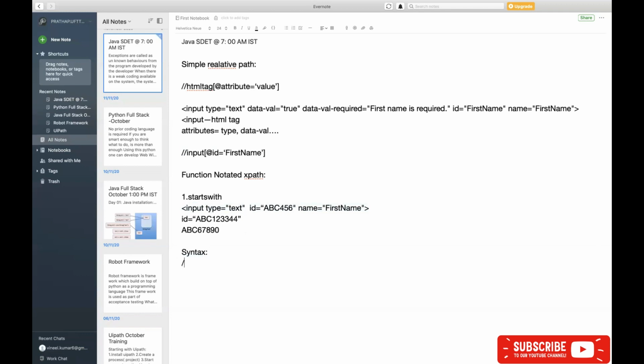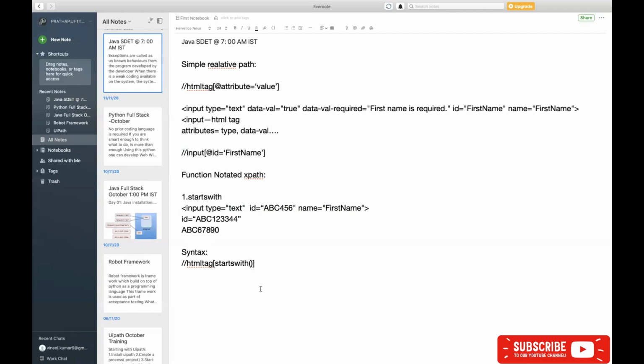See here: double forward slash, HTML tag, square brackets, starts-with, a parenthesis, again square brackets. When you write your starts-with XPath on the DOM, first try to complete your syntax: double forward slash, HTML tag, square brackets, starts-with and a parenthesis.